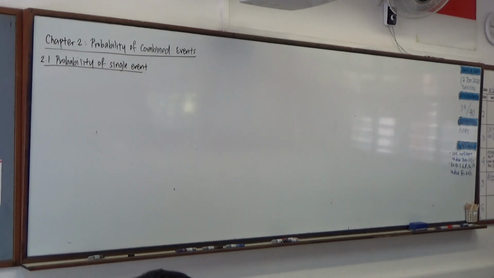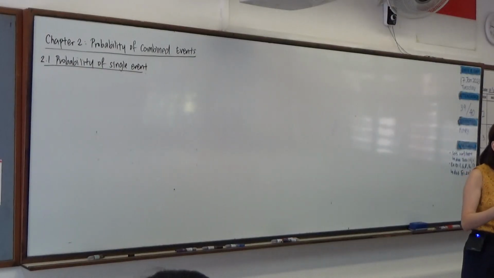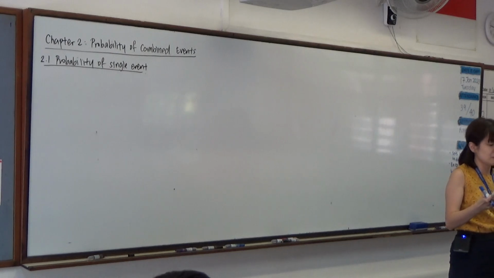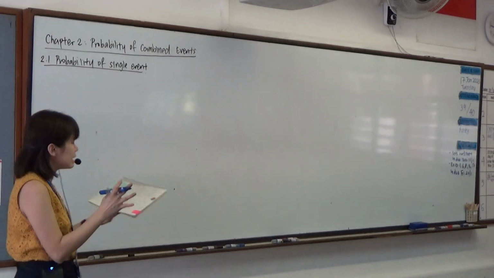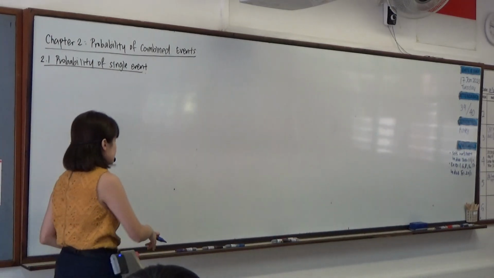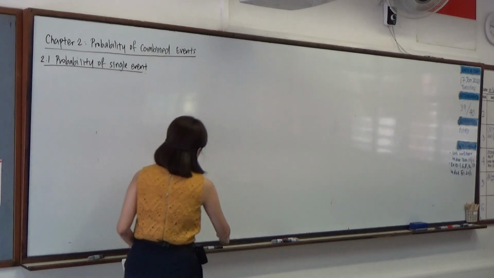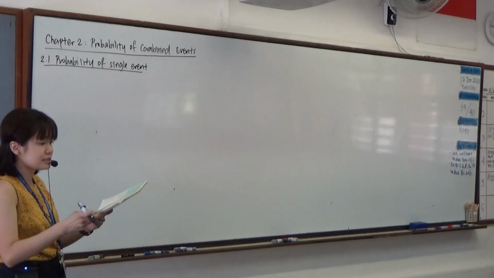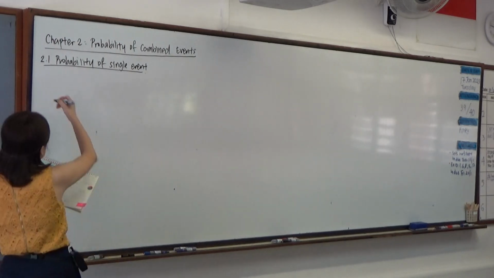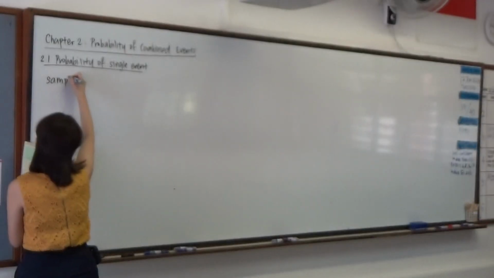Alright, so let's do a very quick recap about probability, especially when it comes to certain terms that will commonly be seen and used in this chapter itself. Looking at 2.1, everything in 2.1, I'm sure you have learned before in Sec 2. It should be rather intuitive by now. However, you may not have remembered the terms itself. So just a recap about what a sample space is.